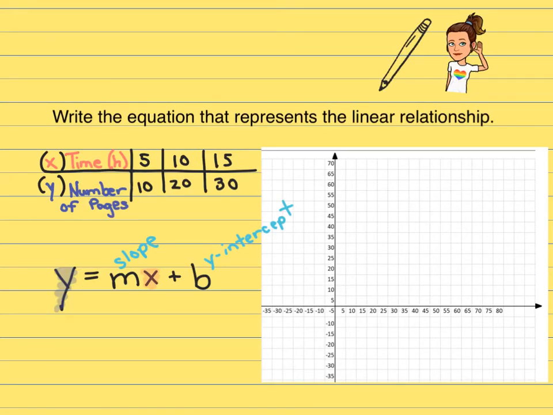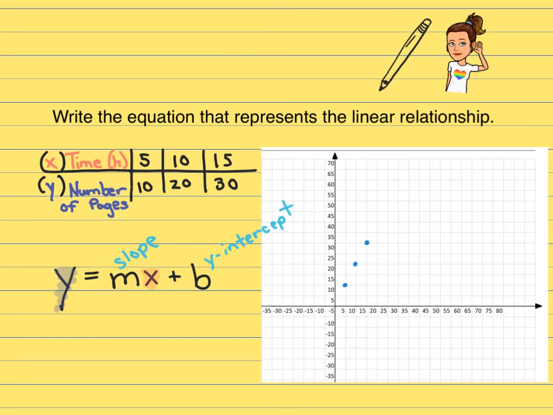We're going to continue to graph, but this time when we identify slope, we're going to write the equation that represents the linear relationship. Let's begin by graphing. If we look at the table, we're comparing time in hours to the number of pages. Our x-coordinates are 5, 10, and 15, and our y-coordinates are 10, 20, and 30. When we put an x and a y coordinate together, they're called an ordered pair. Let's graph 5, 10, and plot our point, 10 and 20, and plot a point, and 15 and 30, and